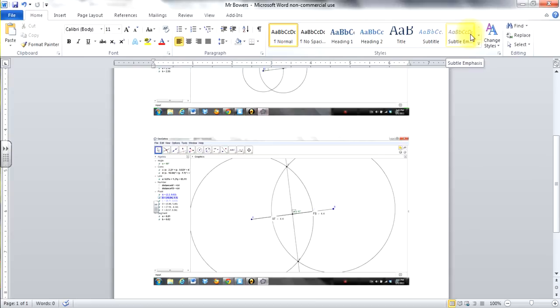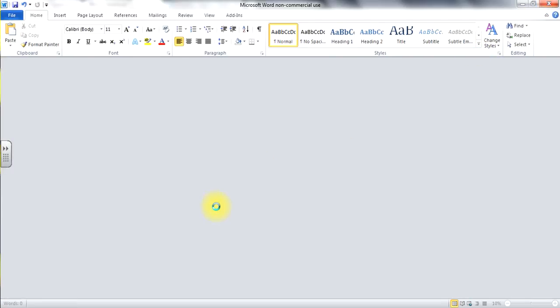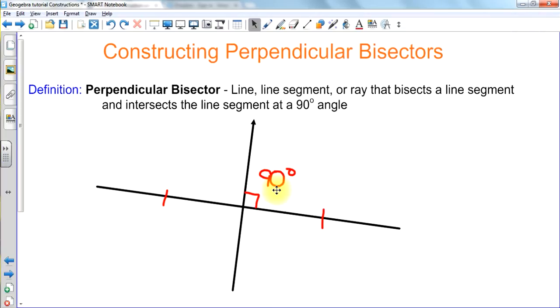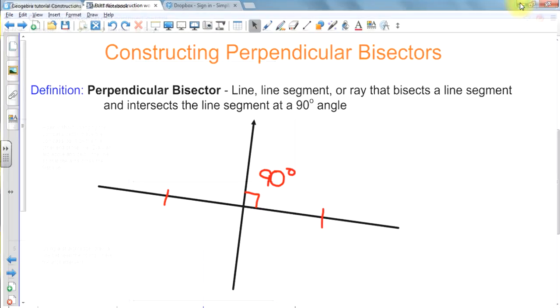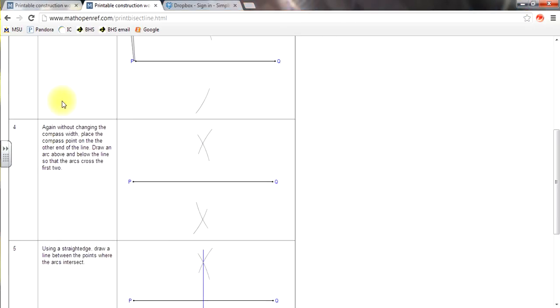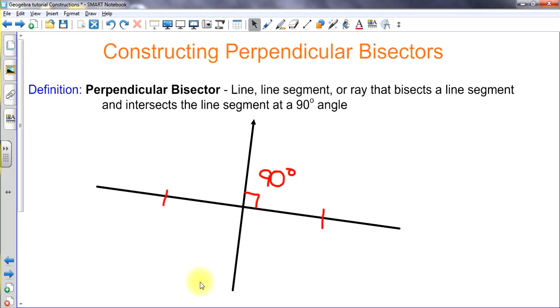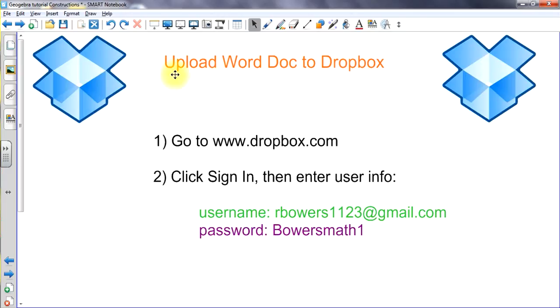So I'm going to show you how we're going to upload this to Dropbox so I can have it. Okay. So I'm going to close out of my Word document here. We're done with GeoGebra. We don't need to save that. I just want you to get your Internet Explorer up, okay? And I want you to go to this website. And if you need to pause this to see it, that's fine. So upload Word doc to Dropbox here. So go to